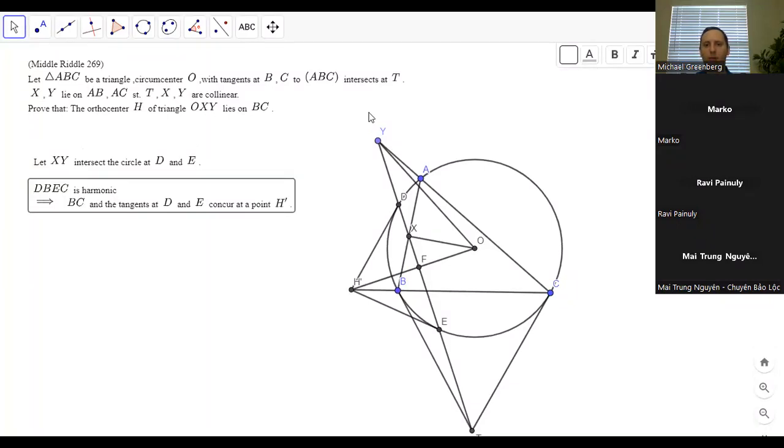We call H the pole of xy. Yeah, okay. So if H is the pole of xy,